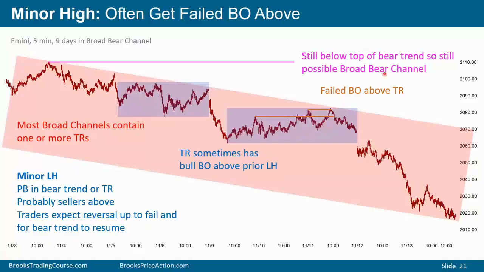If the market just kept going up and up and up, you would say the bull trend began here. So this is part of a bull trend. If the market keeps going down, down, and down, you would say that this is a bull leg in a bear trend. So at this point, anywhere in here, the market is in a bull trend, it is in a bear trend, and it is in a trading range.